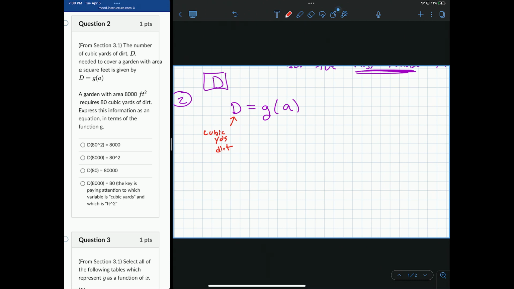So D for dirt. And A is what? We look here, it's an area, A square feet. So this is an area in square feet, right? So we just read that from the first sentence